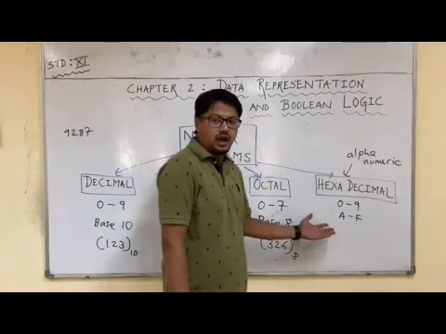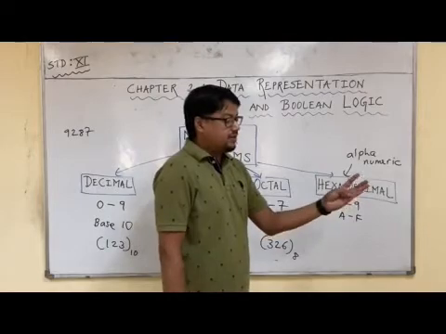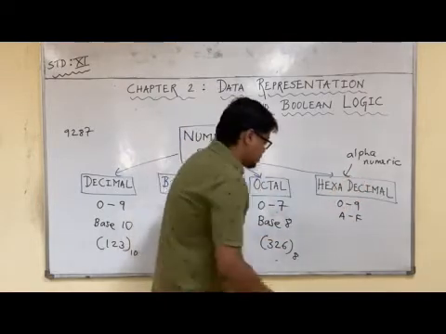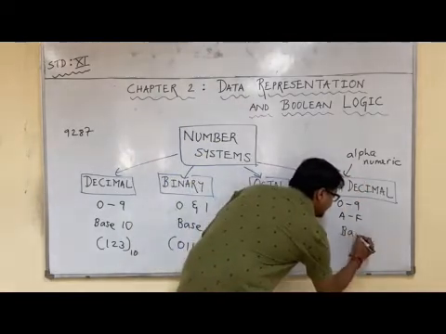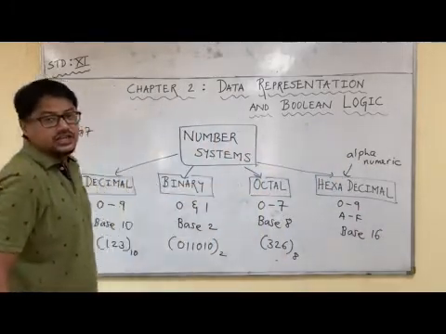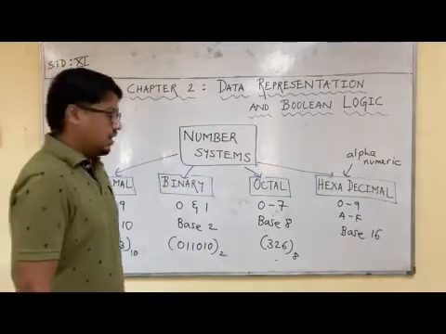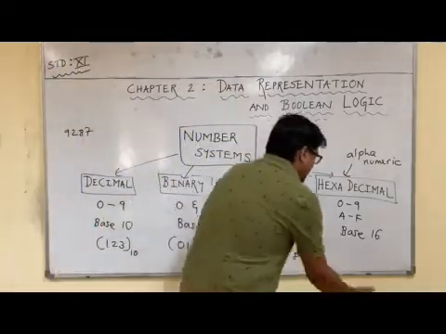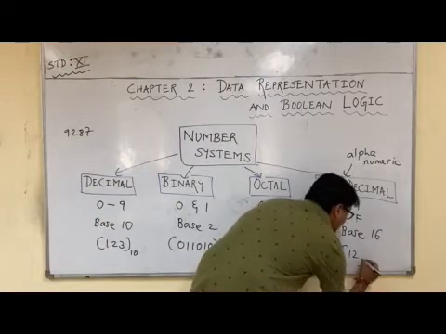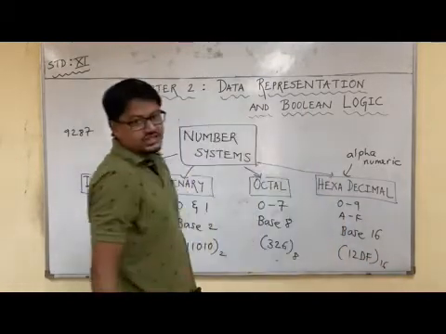Just have a counting. How many characters or digits are allowed? 0 to 9 means 10. A, B, C, D, E, F means 6. So what is the base? It is written with the base 16. Why 16? A total of 16 digits or characters, that is 0 to 9 and A to F, are allowed. One example of hexadecimal can be very simple: 12, you can say D, F if required, to the base 16.